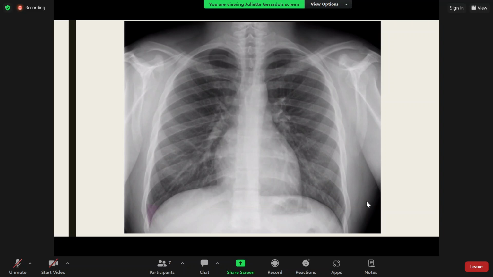Looks like this has a normal cardiac border. We're not seeing any cardiomegaly. The costal margins look sharp, so I'm not seeing any pleural effusions. I track back up and look for any cephalization or increased vasculature, which would be suggestive of pulmonary edema, which we're not seeing here. And then you track along the external borders to make sure that you have lung markings